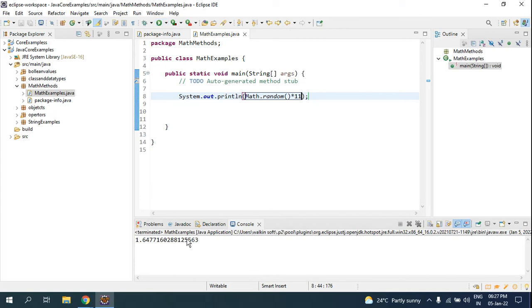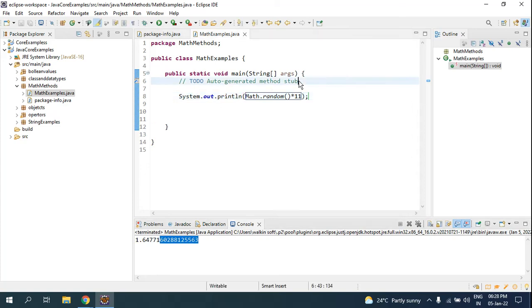Now if you say, no, I don't need even these fractional decimal numbers, for that, as I said that day, you have to do typecasting. If you remember the example, smaller boxes can fit into a bigger box, but a bigger box cannot fit into a smaller box. So now this is a double data type, where the fractional part is more than 5 decimal points. If you get 64771, it is of data type float. If you get more than this, it is of double. So now I have to convert it.